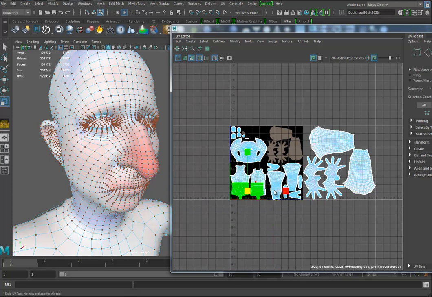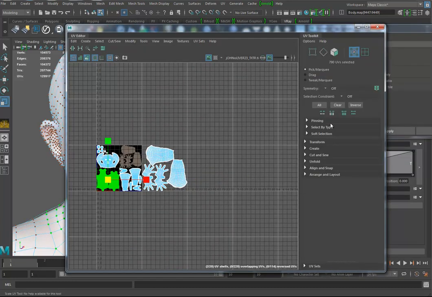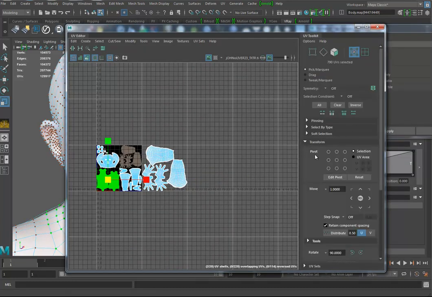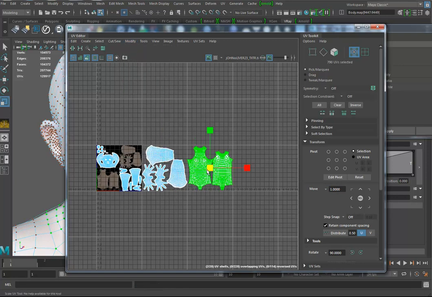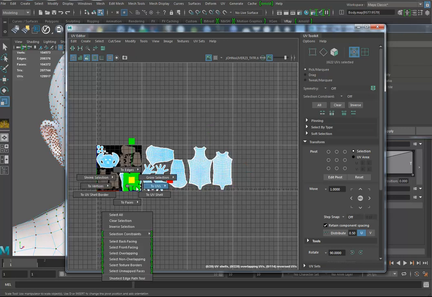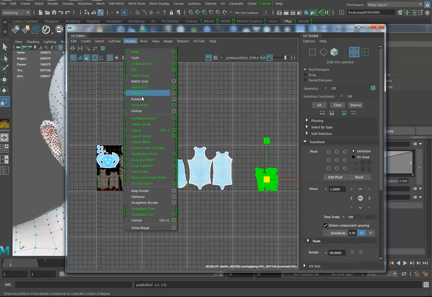Grab these, right click to UV shell, and hit my move tool, or just my arrow keys. Also, if this doesn't move exactly 1 unit, it's because in the UV toolkit that's hidden down here, the move is set to 0.1 by default. I've changed mine to 1. So I hit the arrow keys, then modify, normalize, and shrink it down just a little bit. I'll do my little trick again: UV shell, arrow, arrow, over here, and then modify and normalize,